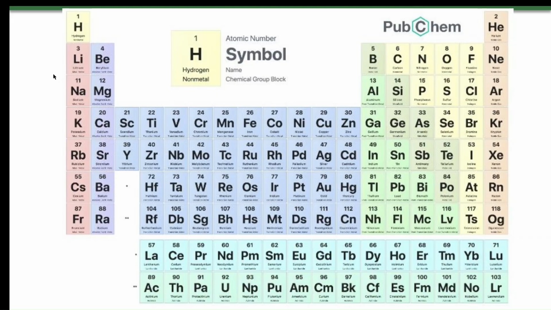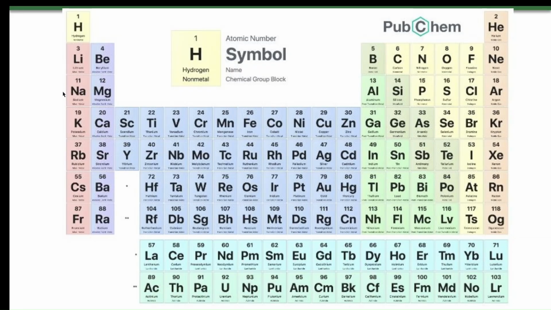And so we also group this periodic table. It kind of looks funny. It's got this weird outline, like there's a big gap here in the middle. There's a gap up here, and up here where it says PubChem, there's a gap over there. So why do we have all of these gaps? Well, what we do is we organize all of these elements by their families. So you can see they're color coded, like this whole column on the far left, this red column, all of these